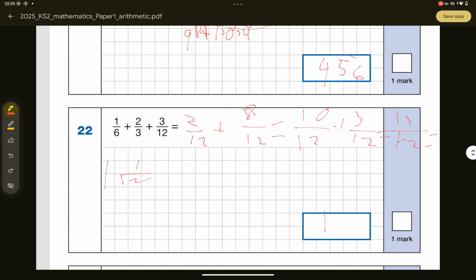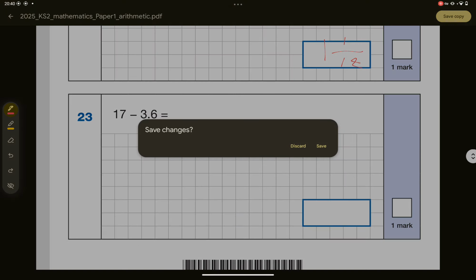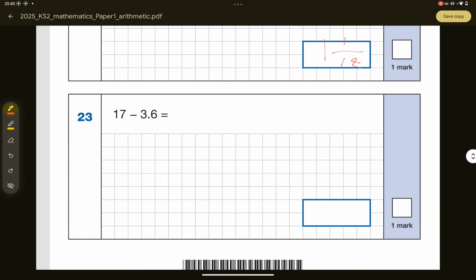So we write that in the box. You would still get the mark for writing 13/12, but just make it a mixed number because it's more clear in my opinion. Hang on, so